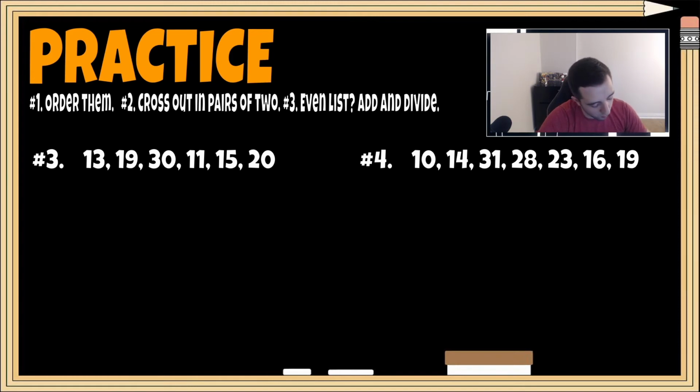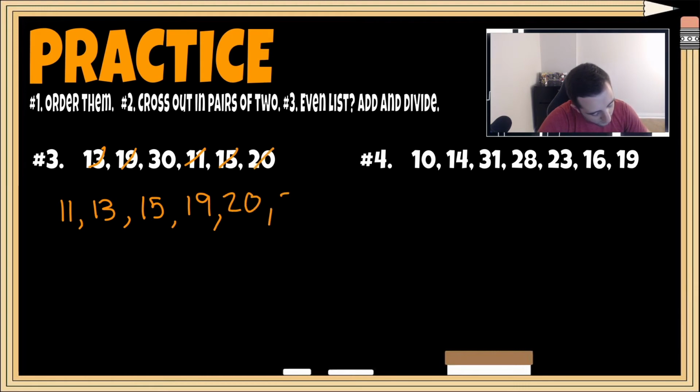So for number 3, we're going to order from least to greatest. So we have 11, followed by 13, then we have 15, 19, 20, and finally we have 30, and it looks like we're dealing with an even list here, so I know there's going to be 2 numbers left after I cross out my pairs. So 11's crossed out, followed by 30, then we have 13 and 20, and now we have 2 numbers left,